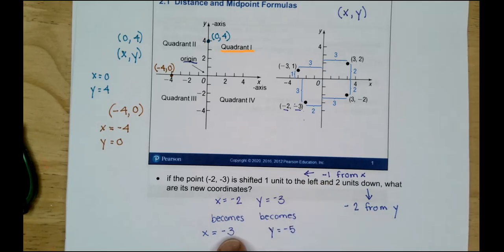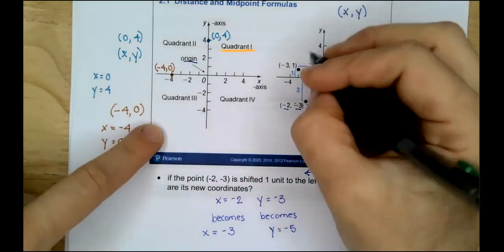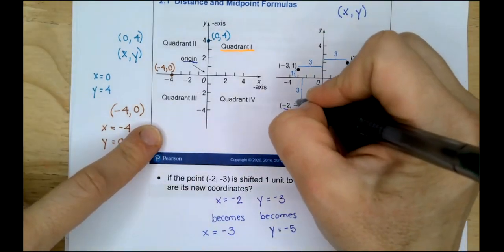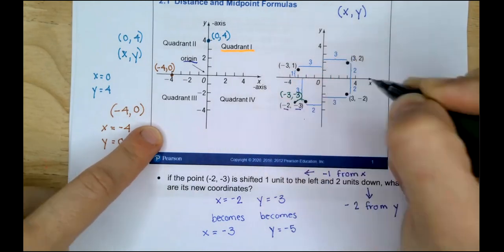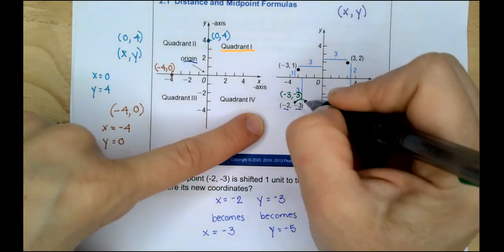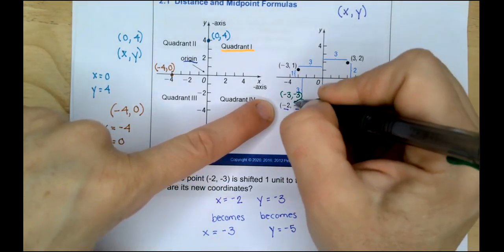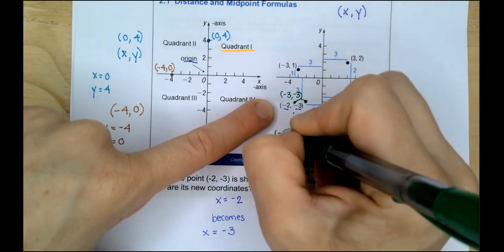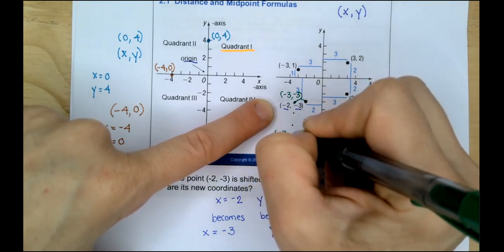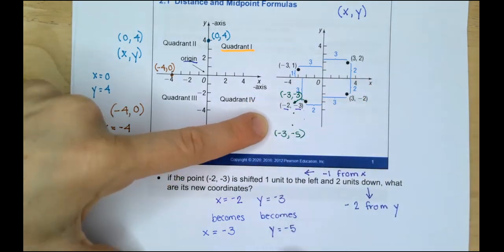-2, subtract another one becomes -3. -3 subtract 2 becomes -5. I'm taking this point, I'm shifting it 1 to the left. So now that's -3, -3, and then 2 units down. So instead of -3, -3, I have -3, -5. So x is -3, y is -5, which is the same